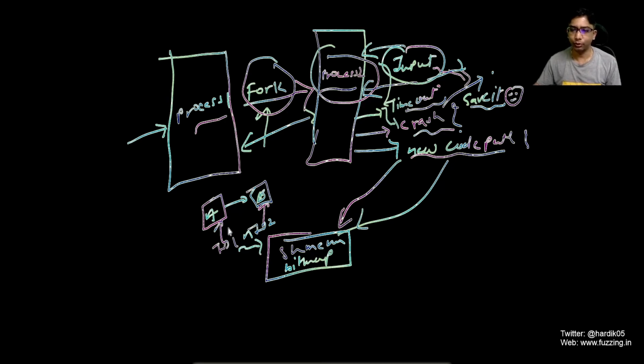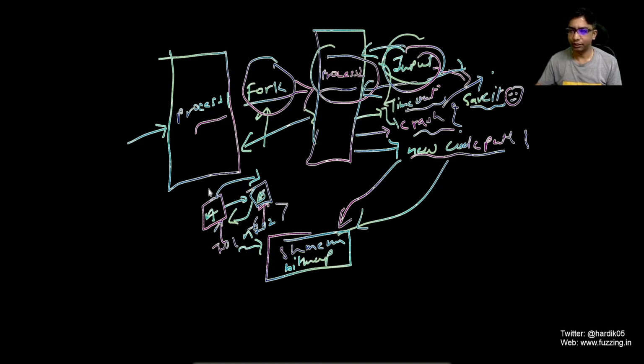Every time your control reaches from A to B, it will XOR them and increase the hit count by 1. So that gives an idea of how many times this particular code path has been taken by this particular input. So this is it in short. Basically, AFL uses something like right shifting this location to differentiate whether control is getting transferred from A to B or from B to A, but I'm not discussing that over here.